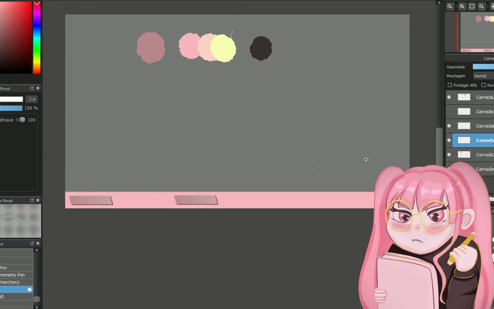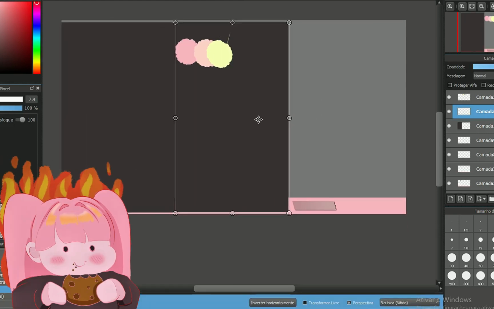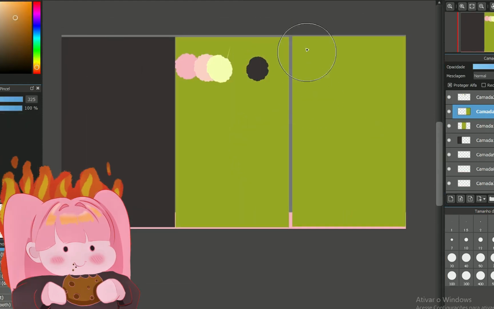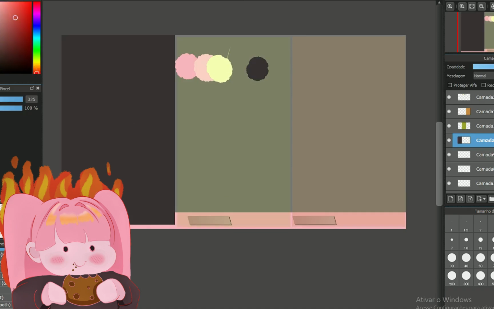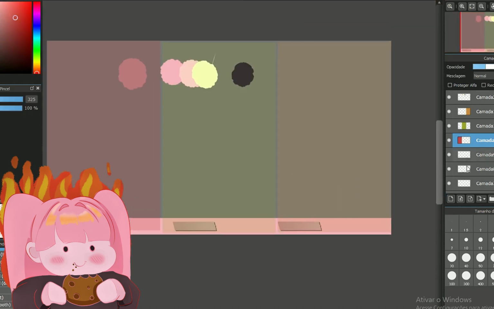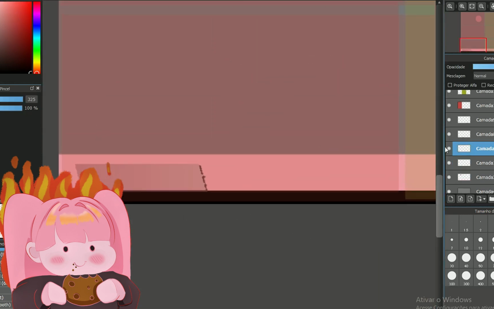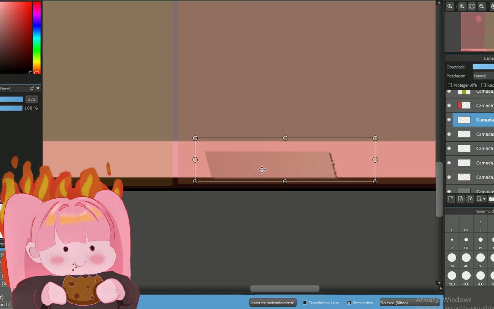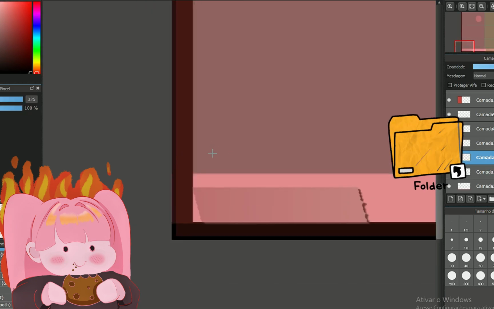So this big amazing brain forgot to start recording, but then I realized, okay, I can record this. Here I'm just making a grid to guide myself, since the software that I'm using doesn't have one, at least that I know. So I'm just copying and pasting a bunch of rectangles so I can use this as a guide later. Something interesting you should do here, if you do the same as me, don't do the same as me, probably there are better ways to overcome this. But I'm placing all these rectangles in one same folder so I can hide them all.